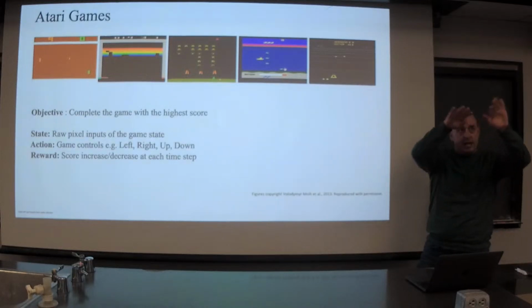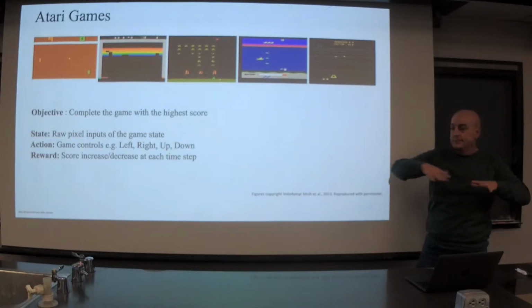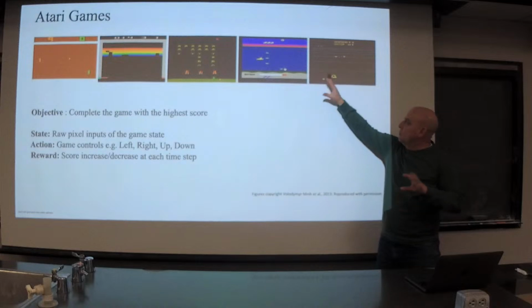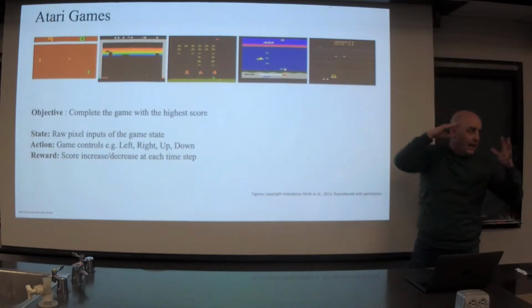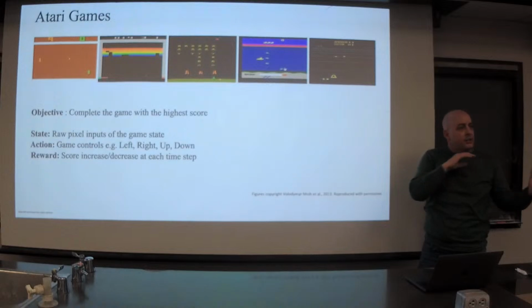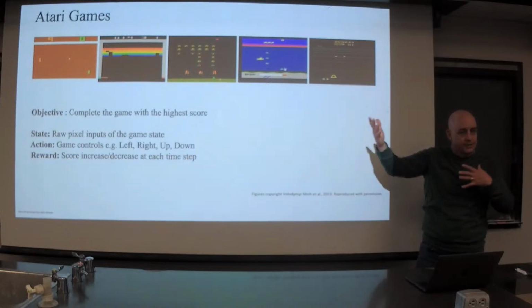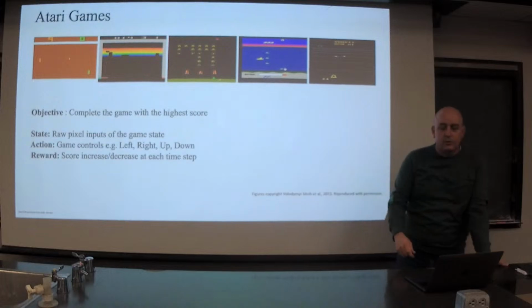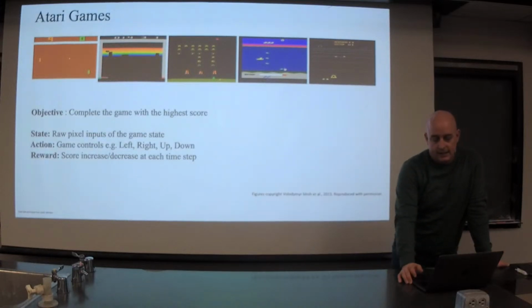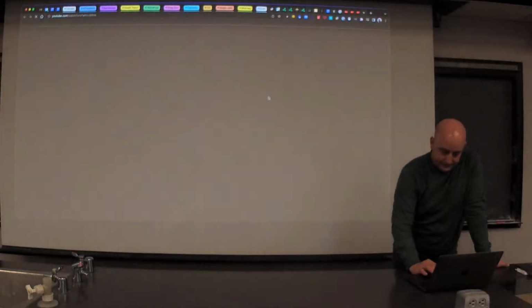Oh yeah, and the state, of course, is all the pixel values at that point in time. So this is kind of cool because it's already pointing us towards using convolutional networks to be able to understand and work with these kinds of state spaces. So what does this look like?